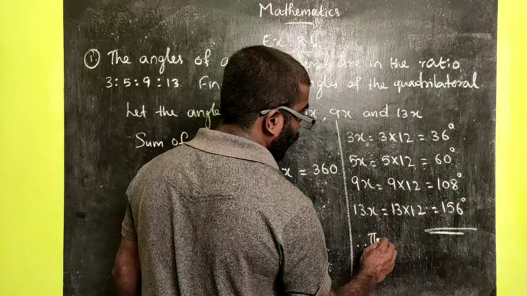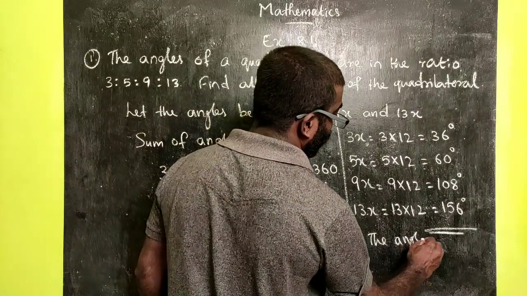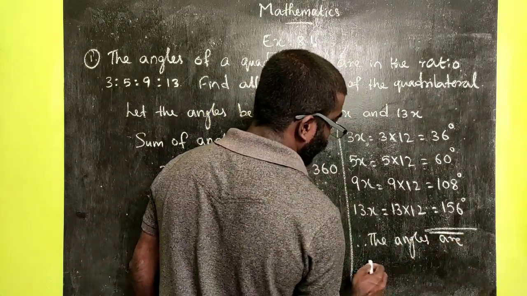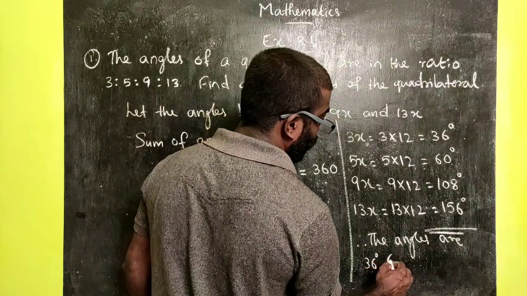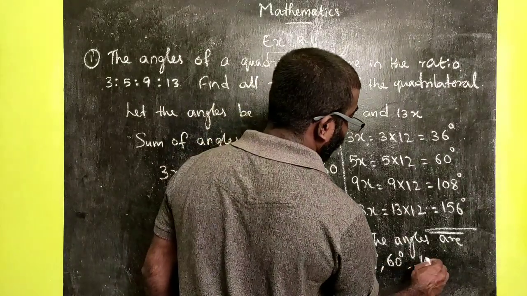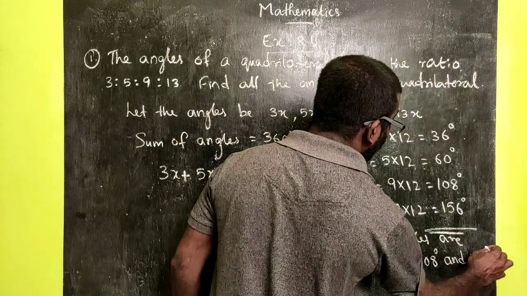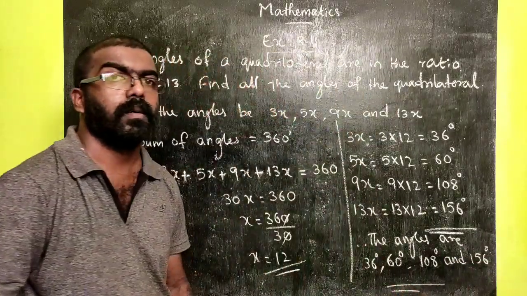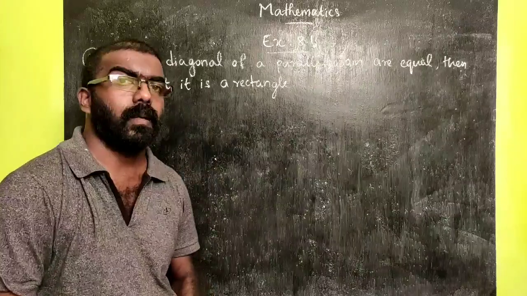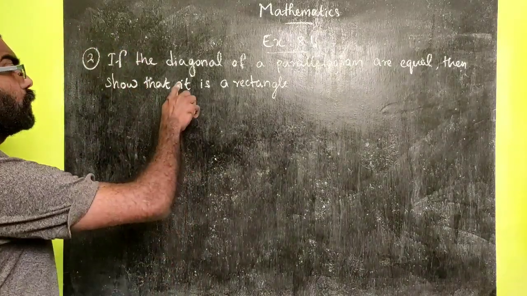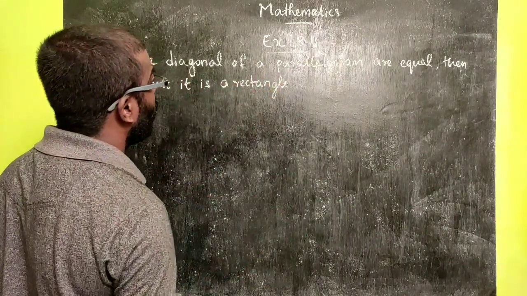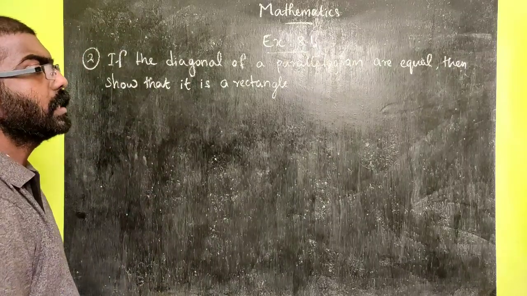Therefore the angles are 36 degree, 60 degree, 108 degree and 156 degree. Now the next one is, if the diagonals of a parallelogram are equal, then show that it is a